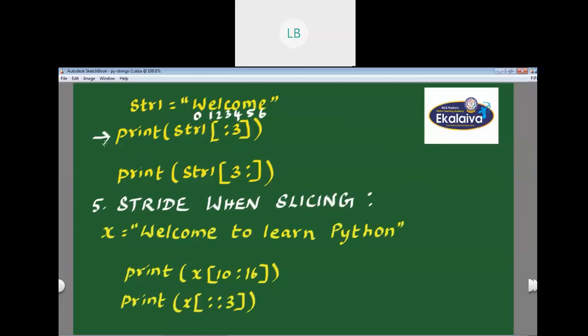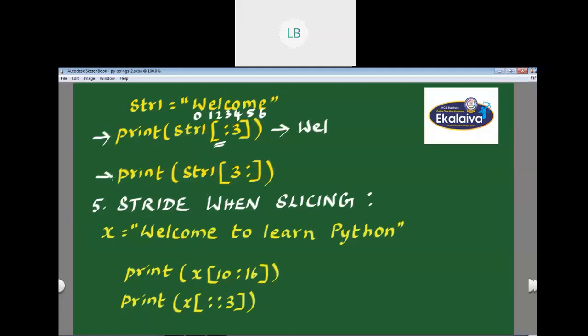This print statement is used to slice a substring using the index 0 to 2, but without specifying the beginning index. Here you can see the beginning index is not specified. In this case, it will be considered as 0. So from 0 to 2, the characters will be taken. So the output will be W E L.